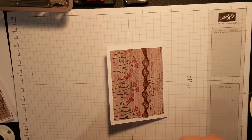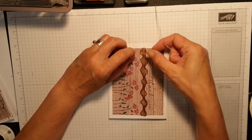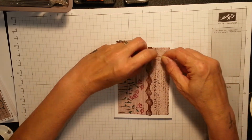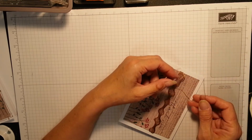Perfect. Now, I'm going to open this bit and close this bit a bit. I'm going to add my bow here. It's a bit long, but